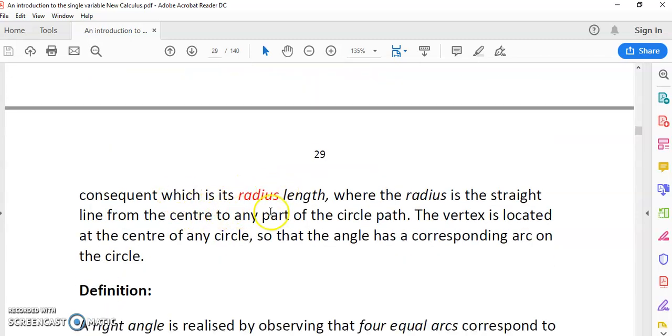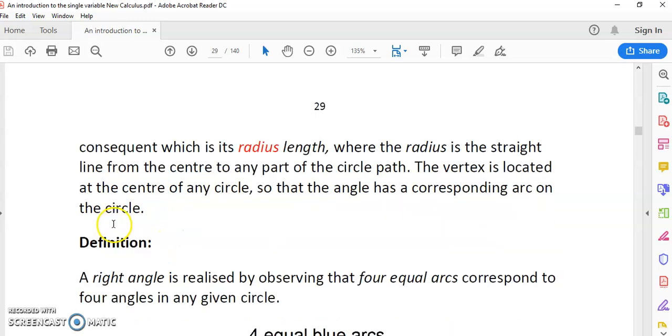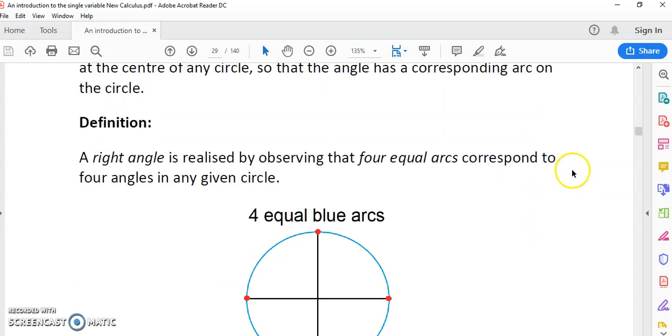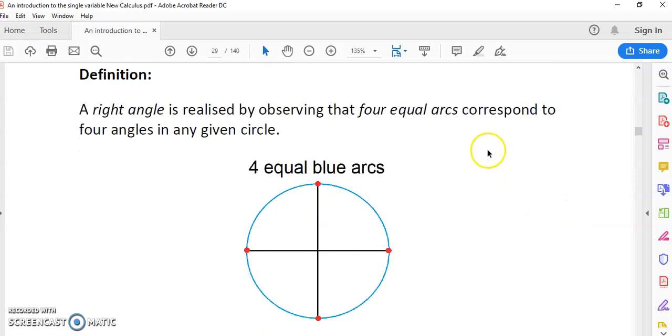And obviously the consequent will be the radius length, which we don't care about right now because we don't have numbers. It's just part of a ratio of magnitudes. So a right angle is realized by observing that 4 equal arcs correspond to 4 angles. Okay, so